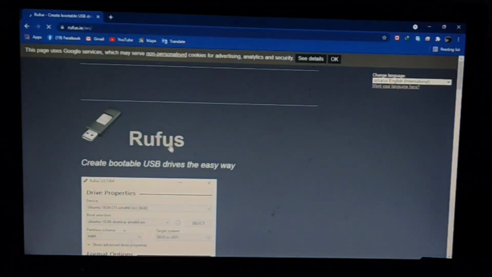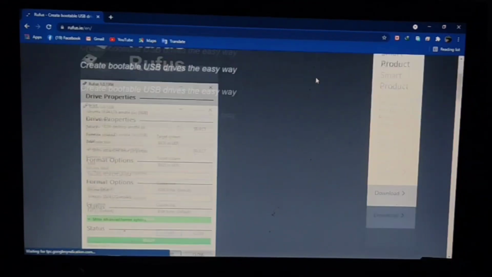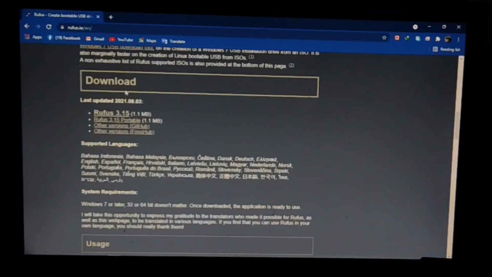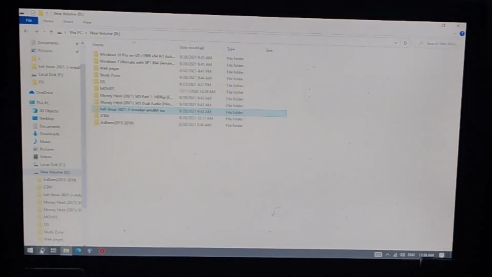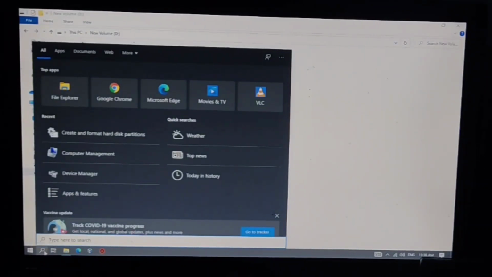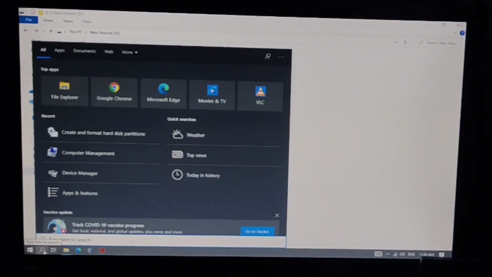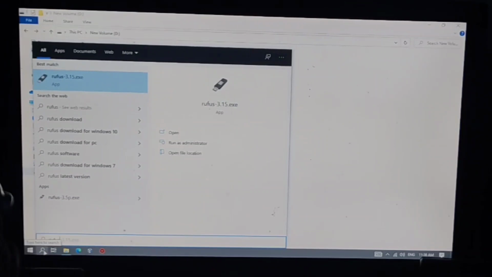Click the website and download the software from there. It is only 1.1 MB. I have also installed Rufus. It is an exe file. You select that.